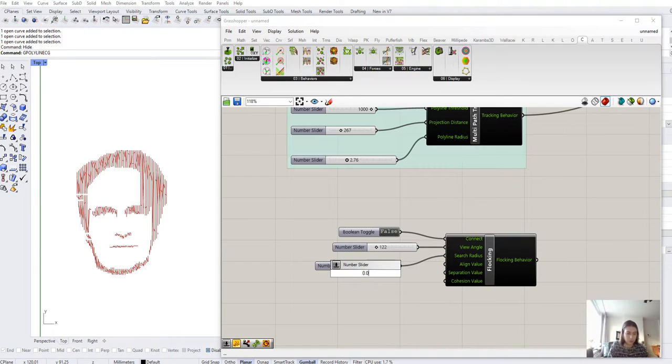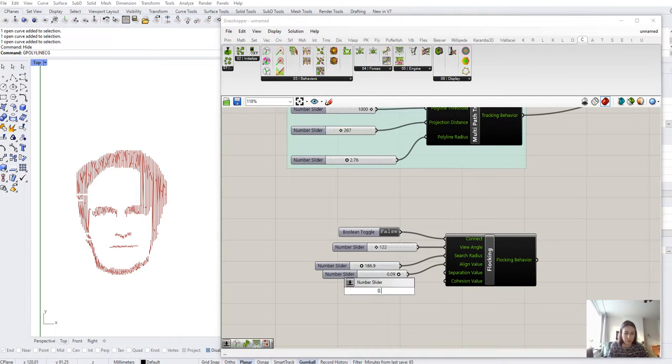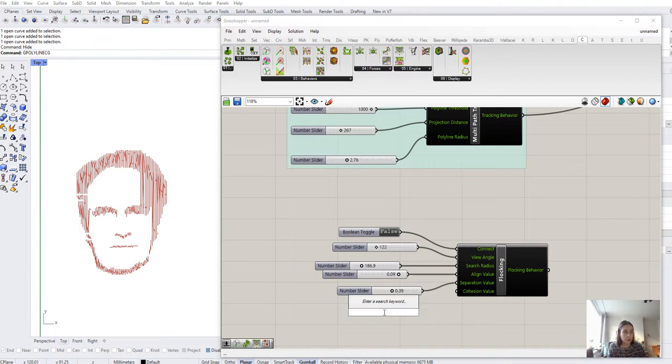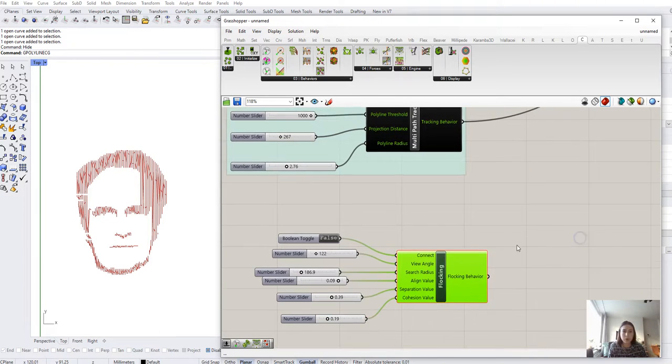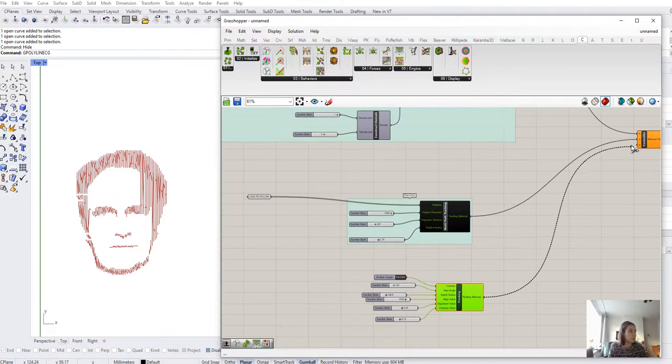Align, well, a diagram would help, but as I said, it's full of this stuff. If you just type maybe flocking rule sets, you will definitely get it. Okay, flocking behavior, we connect it to the controller,